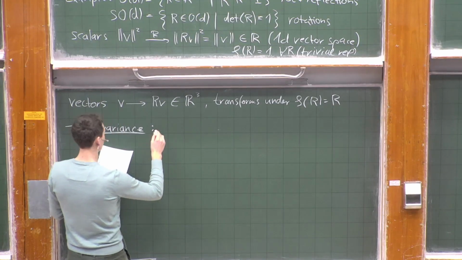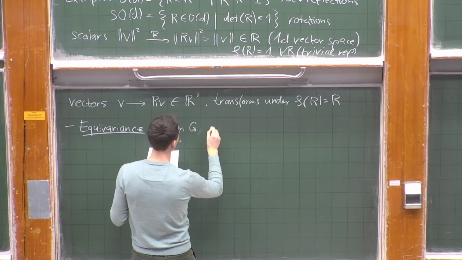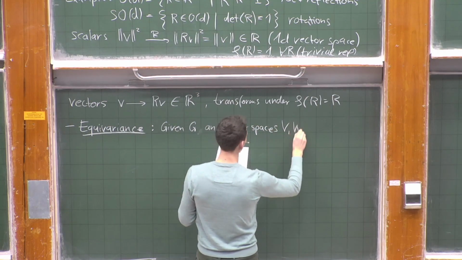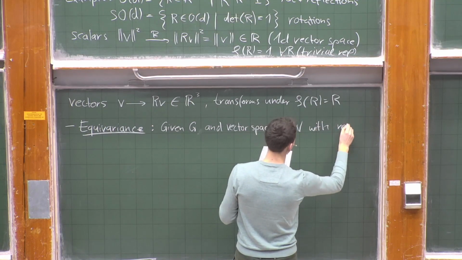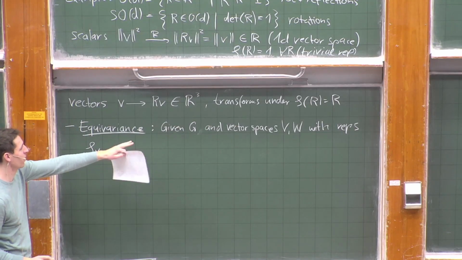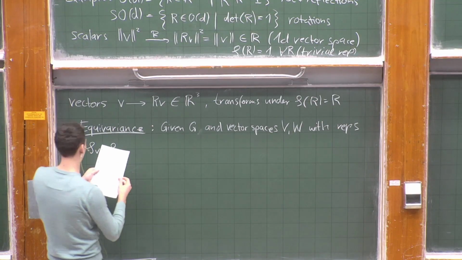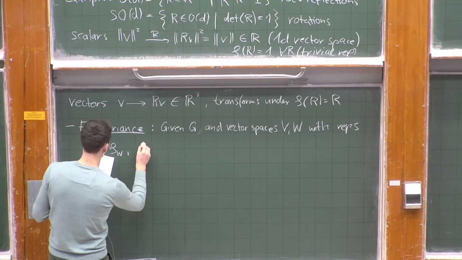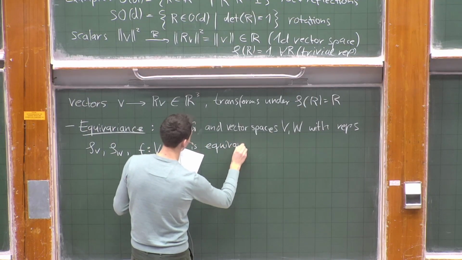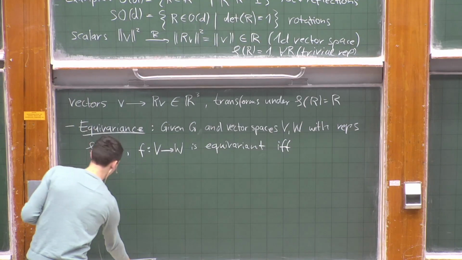So, given a group G and vector spaces V and W with representations rho V, which is the representation of how the group will act on the V vector space, and rho W, the representation of how the group will act on the W space, then a function f, which maps between these two vector spaces, is equivariant exactly if it fulfills the following condition, namely that